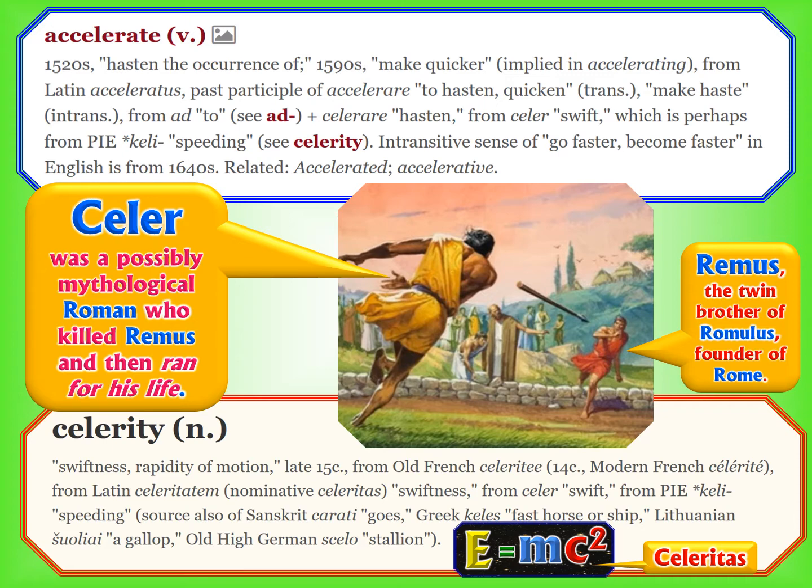And celerity is a word that we don't use as much, which means swiftness, being very fast. Even the letter c, look at the bottom, E equals mc squared. That letter c stands for celeritas in Latin, which comes from his name, Celer. Some people would pronounce his name Seler, but actually in Latin, the C was always pronounced as if it were a K sound. So his name was Keler, but now in English we say Seler, and we put that in accelerate and celerity. So it's just interesting to see where these words come from.